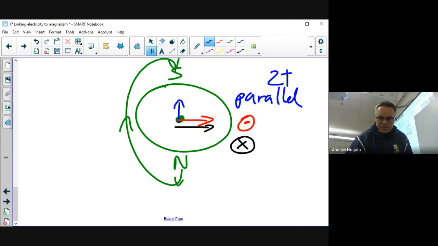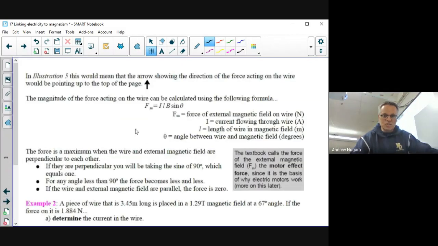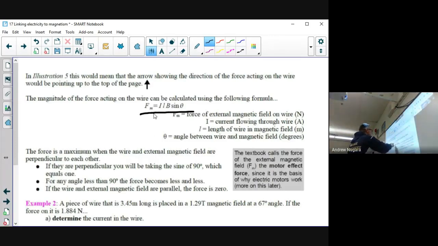Okay, I hope that clears things up for the third hand rule. Actually, let's just go right on and do the next page, because this is the mathematical application of the third hand rule. You've got two formulas you're going to learn here. First one is this here: Fm, magnetic force, equals I, current,